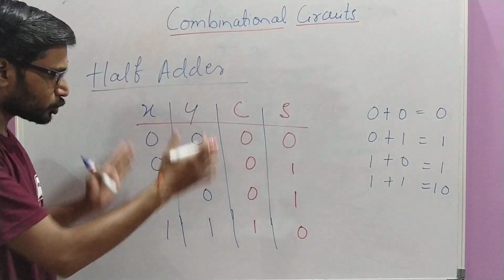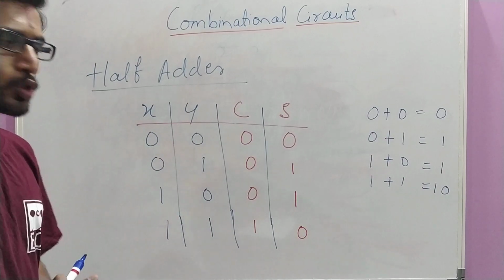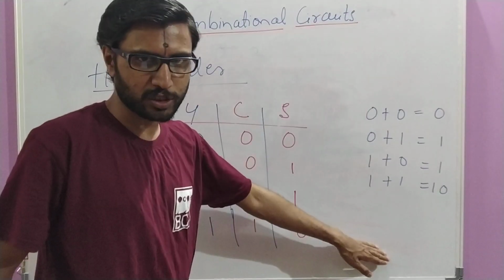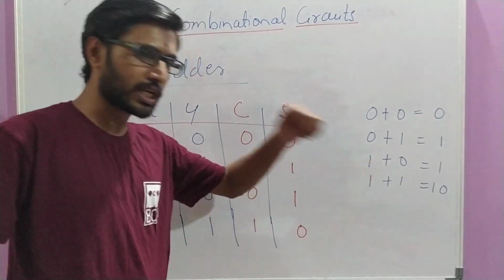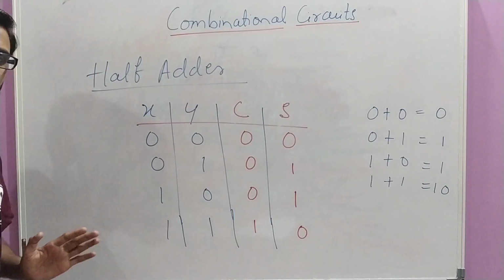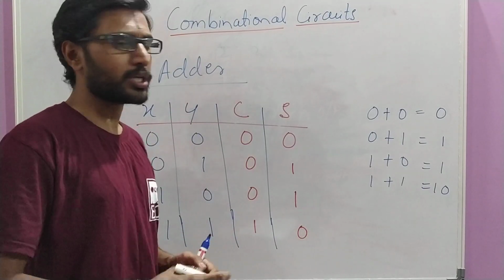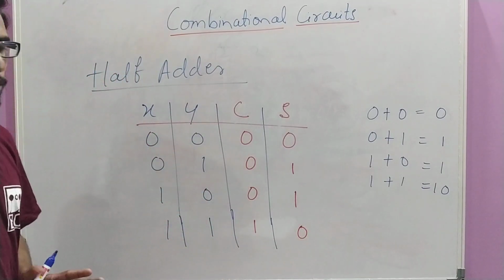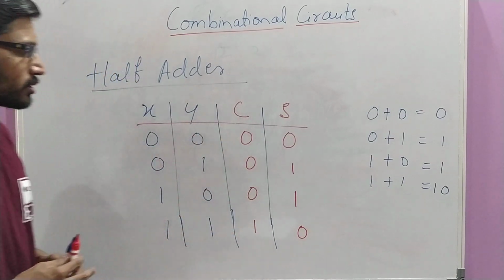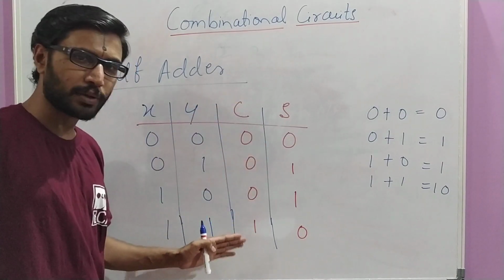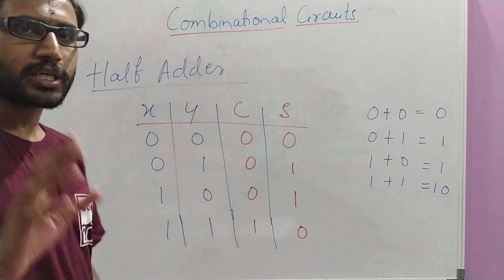Now that we have the truth table with us, our next objective is to arrive at the logical Boolean expression, and based on that expression we can arrive at the block diagram, the circuit diagram. To arrive at this, we can have 2 approaches. One is by looking directly at the truth table and arriving at the expression, or the other is the K-map method.